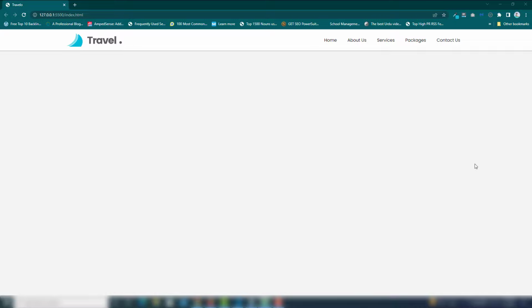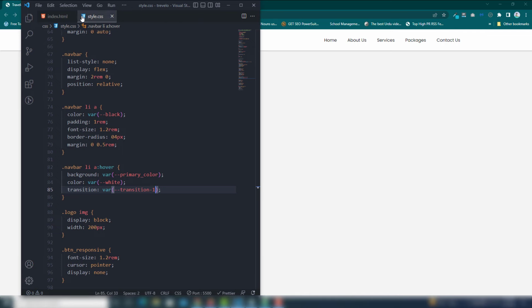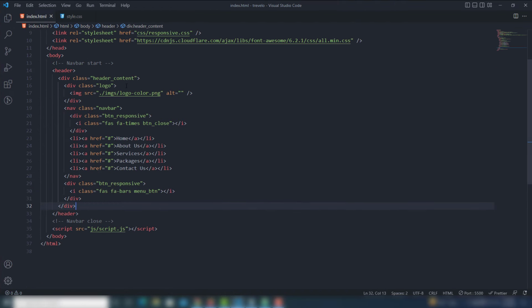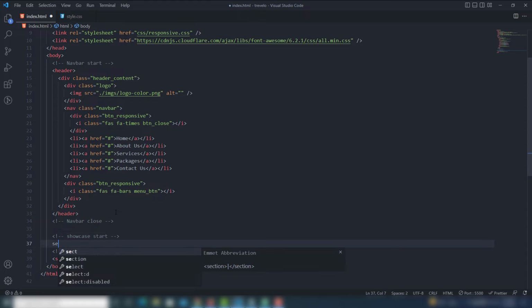Hey guys, let's work on this showcase section inside our project. So I go to my code editor, and the first thing I'm going to do is remove the file. This is a Navbar class. Inside there I'm going to write showcase start, and this will be the class. So I create a section and assign the class showcase,